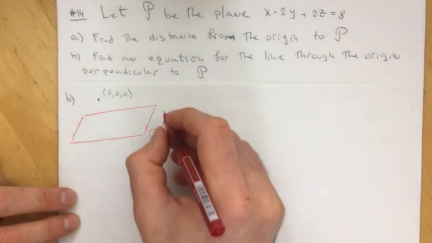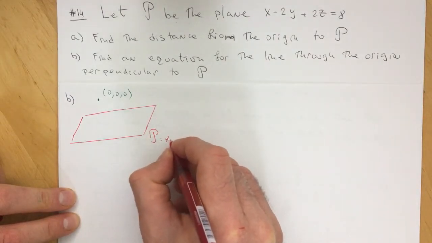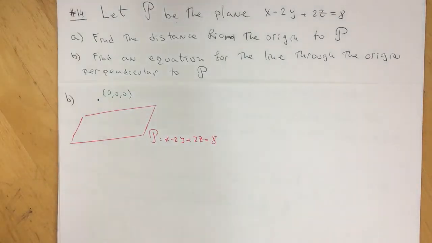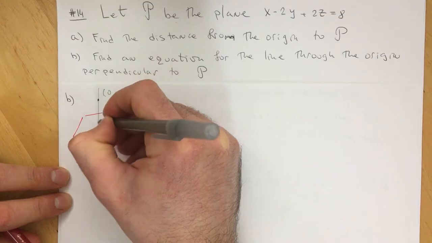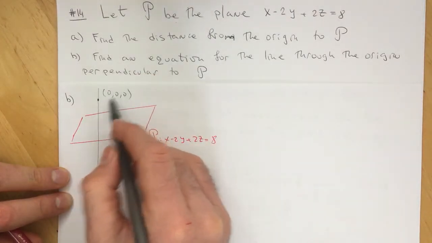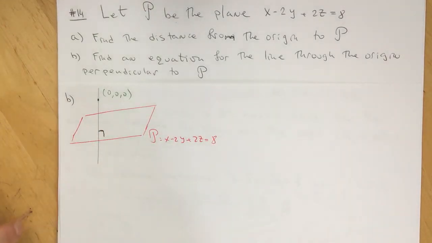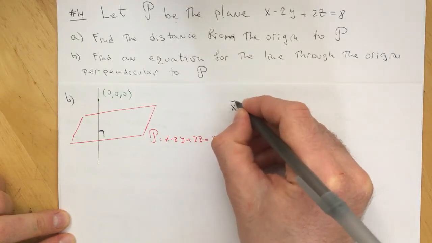That's called P, given by the equation x minus 2y plus 2z is equal to 8. Now I want to find a parametric equation of the line that passes through the origin and is orthogonal, perpendicular to the plane. Okay, let me just remind you that the equation,